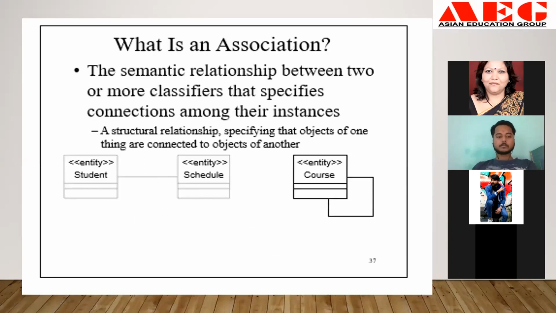Now what is association? Association means a relationship between two or more things. The semantic relationship between two or more classifiers that